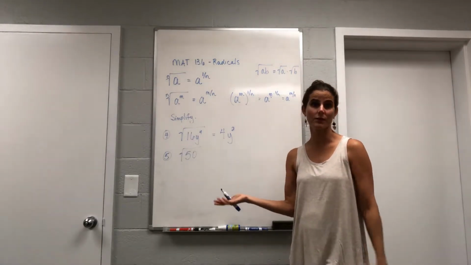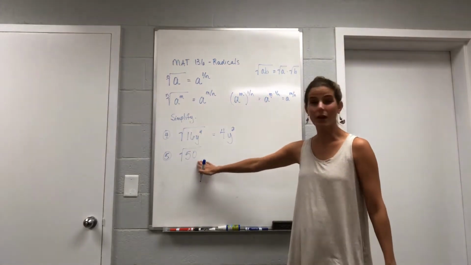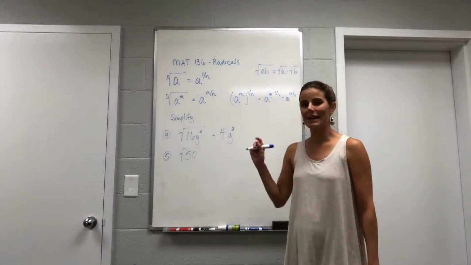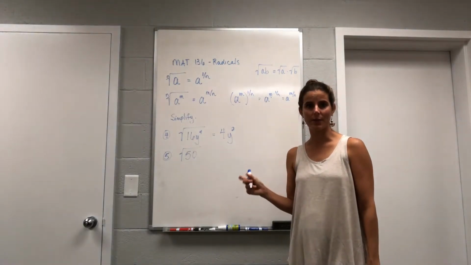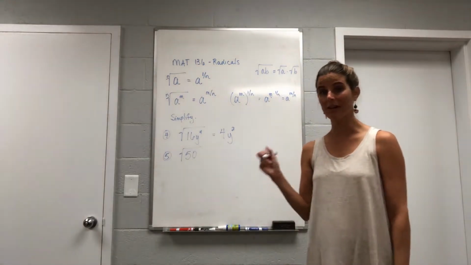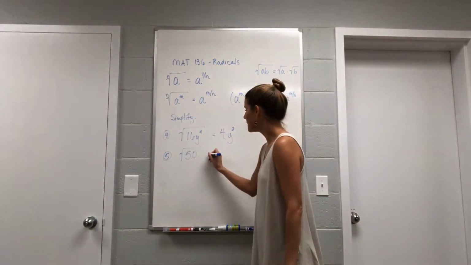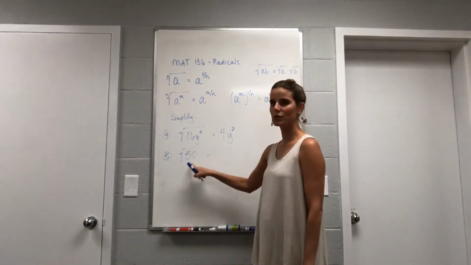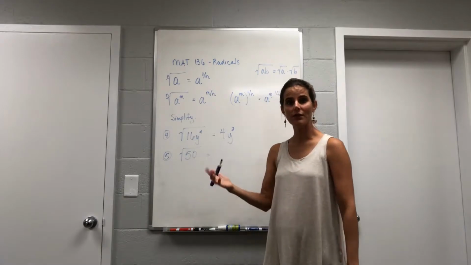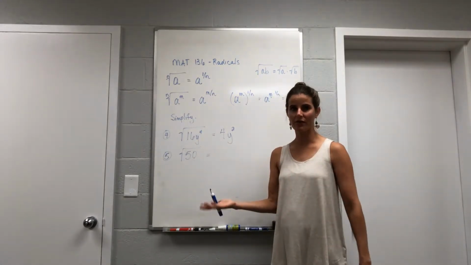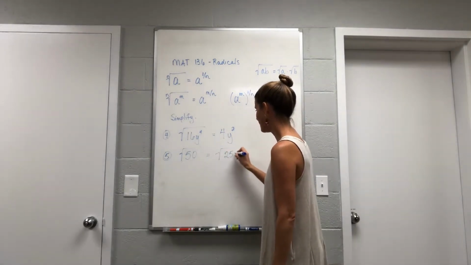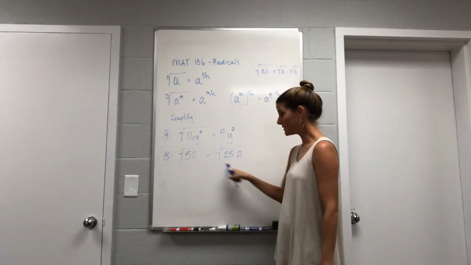The closest perfect square is 49. So we could say, well, this is going to be close to 7 because 7 squared is 49. But I want to get an exact answer for my simplifying here. I don't want to evaluate it. You could type this in your calculator and get a number, but I want to simplify. So what I'm going to do is find a perfect square that goes into 50, which would be 25. So 25 is a perfect square. Square root of 25 is 5. So I'm going to rewrite this as the square root of 25 times 2,